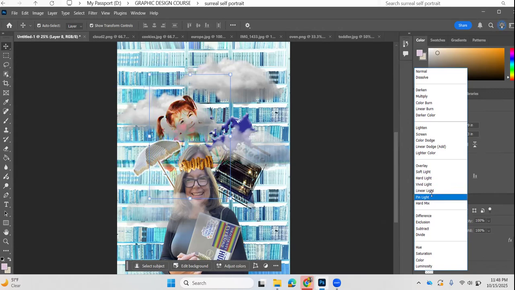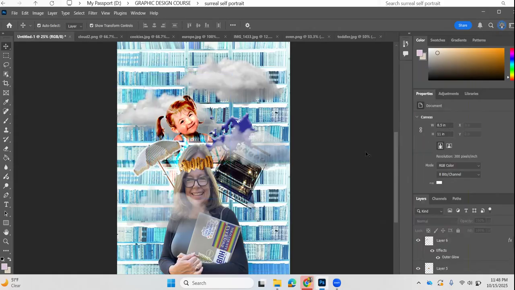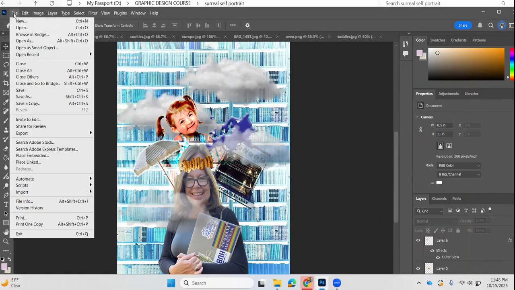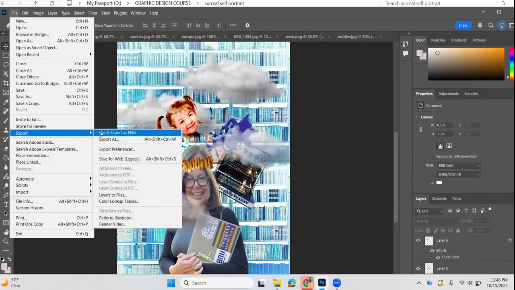So vivid light, linear light, vivid light. Okay, so she looks a little bit more ghost-like that way. Okay. So once I've done this, I'm going to do a quick export as a PNG, and then that's what I'm going to be submitting. Okay,